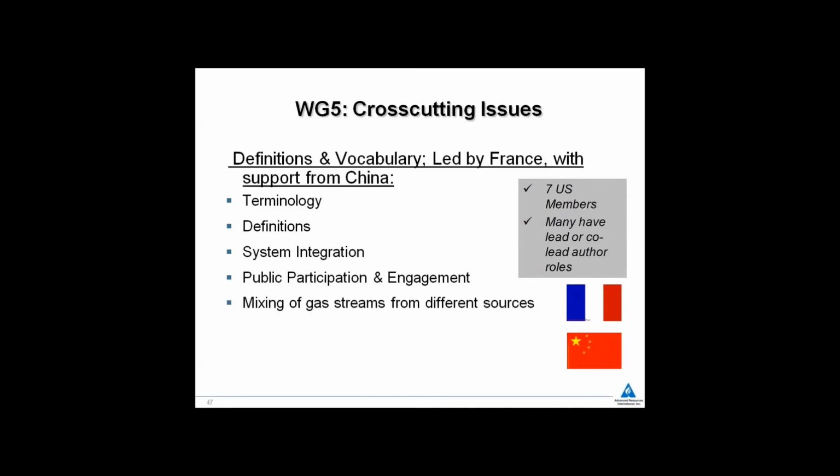Pam, do you want to follow up with any public engagement? No, I don't have any further comments on public engagement, but I'd like to stick with the ISO process discussion